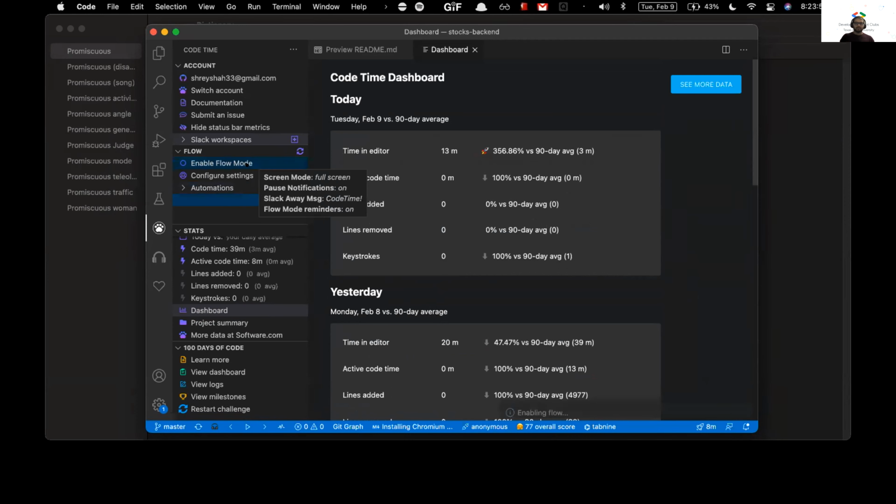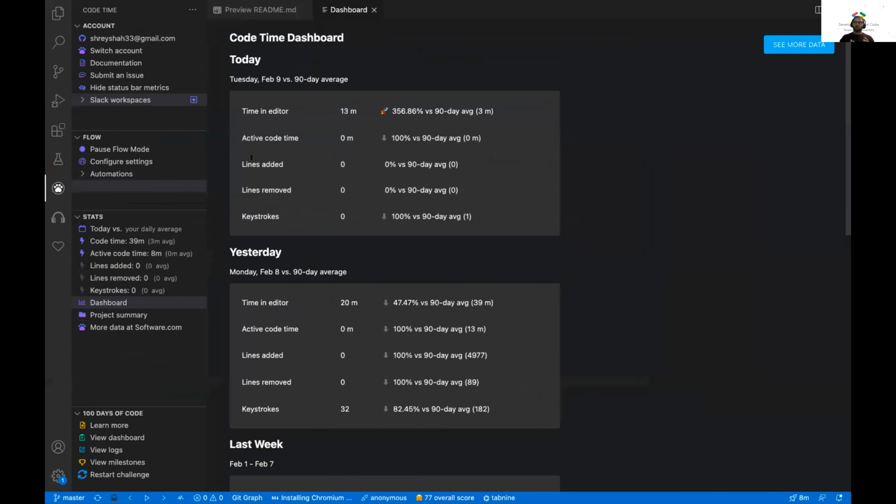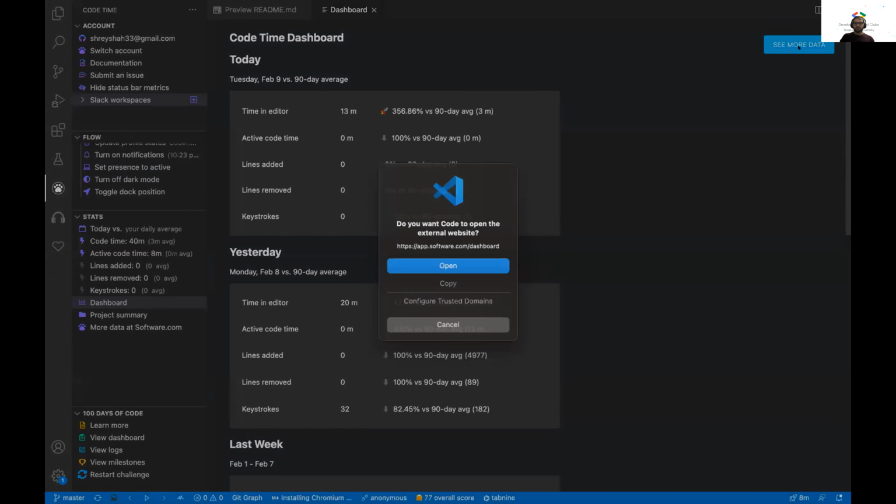But this is the thing that I like the most: enable flow mode. It'll pause your notifications, and it'll make everything go into dark mode. It'll set your Slack notifications to off and it'll show on Slack that I am coding right now. Somewhat like if you use Discord for gaming, it's similar, but on Slack. So it currently works with the DSC Slack and it does all of these things, where it makes it full screen and turns off your notifications and every other thing that you can see. And that's kind of cool. But what's cooler is